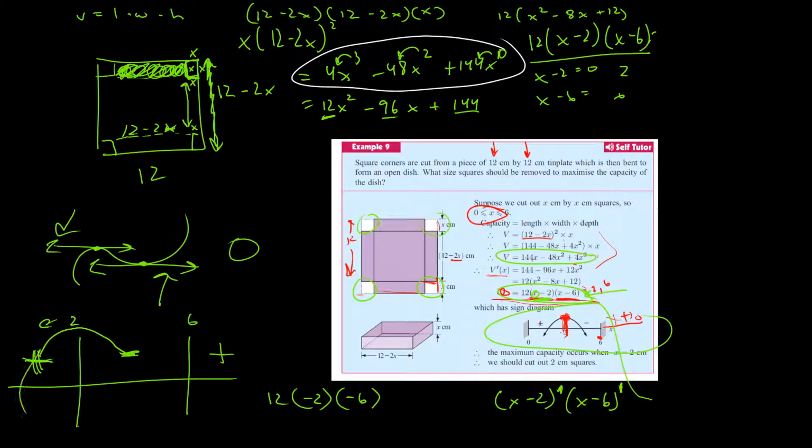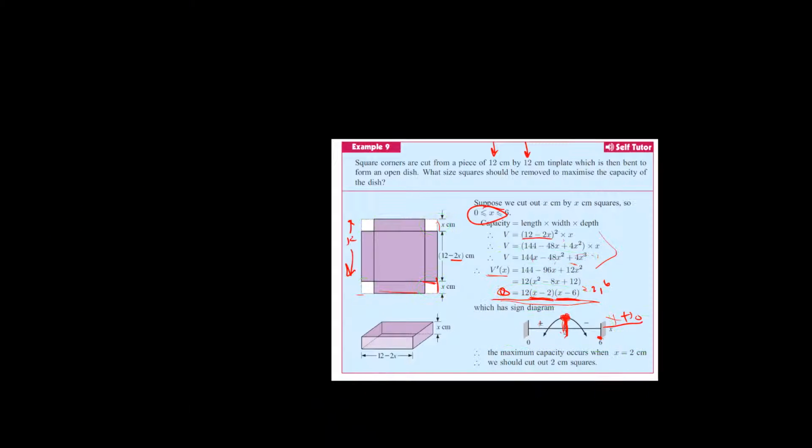So we're going to end up with something, this is a really bad drawing, but you get my point. So here it is, so there's our tangent, and the gradient of the tangent is going to be 0 at this point. So here's our maximum, which is 2. So we should cut out squares from this thing that are 2 centimeters by 2 centimeters in order to maximize the volume of this dish. Okay, now